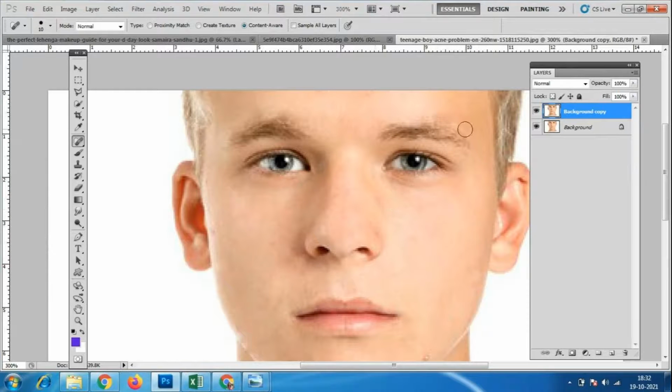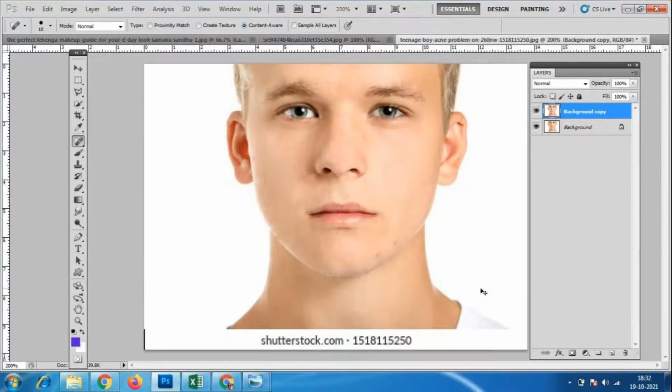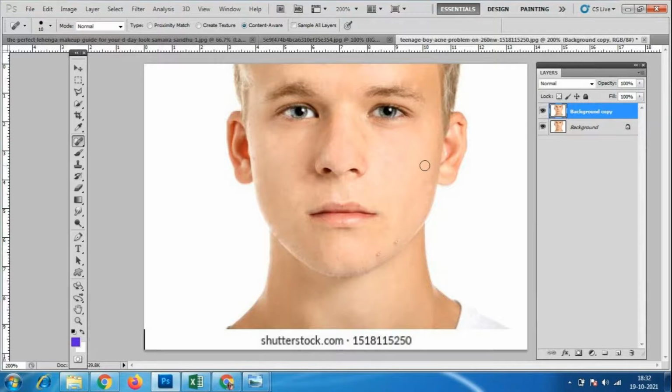Okay, any changes you want to make after a marriage photo shoot or any function or celebration, after taking the photos, like celebrity photos, we cannot make changes once the photo shoot is done.